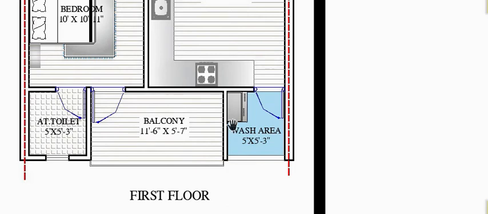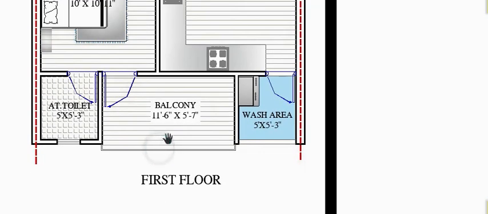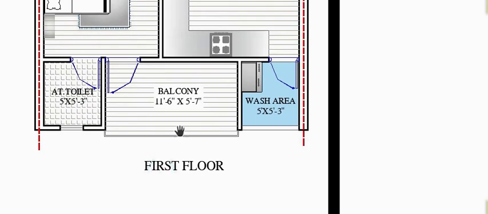This one is the wash area for washing, the same as the attached toilet, 5 feet by 5 feet range, and centrally the balcony space is located. As an architectural icon, the balcony is embossed toward the front elevation. It gives a platform for the architectural icon, making something newer.